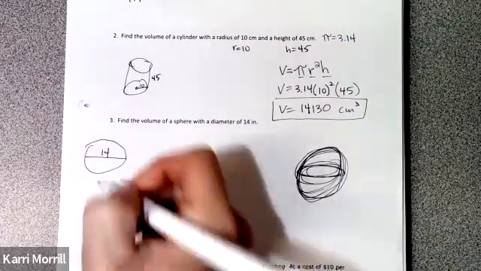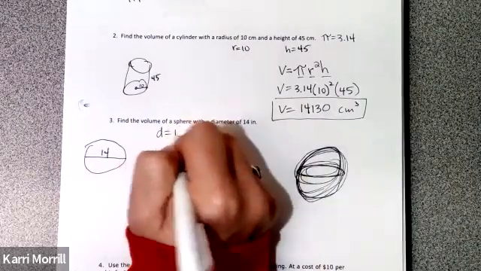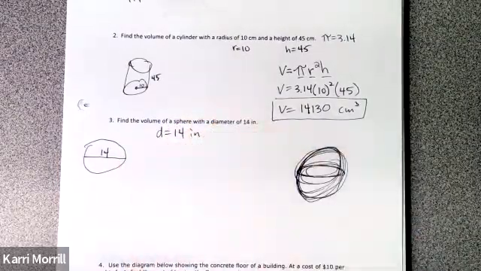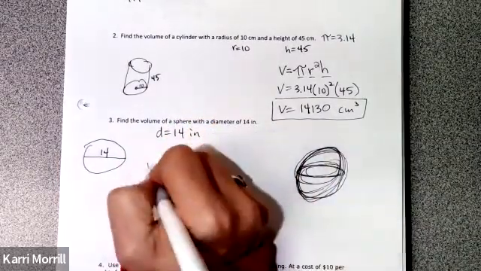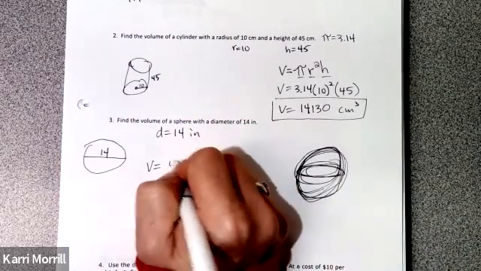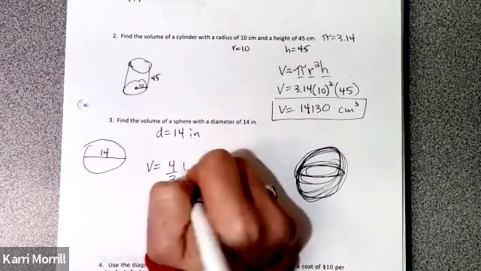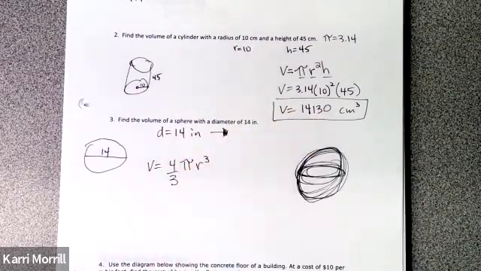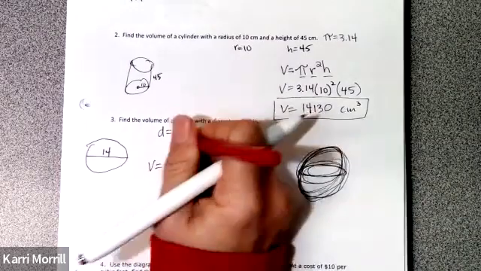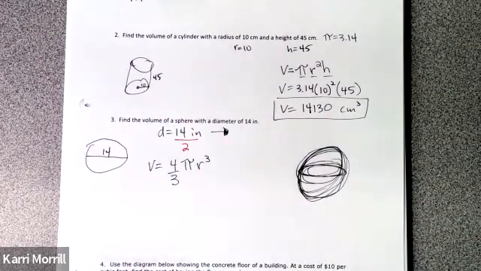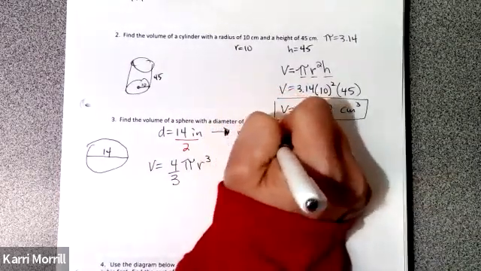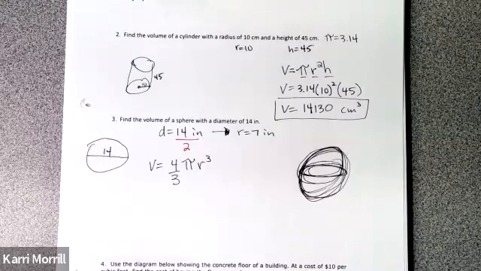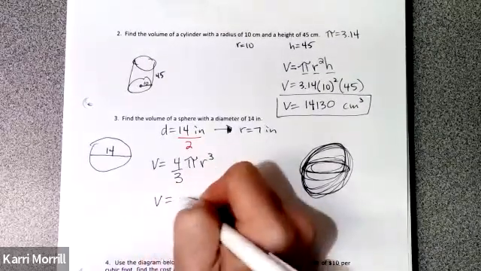So my diameter is 14 inches, and my formula for a sphere is 4/3 times pi times radius cubed. I have to decide what my radius is if my diameter is 14. So we just divide it by 2. So that means my radius is 7 inches. They give you enough information to figure that out. So we're going to say 4/3